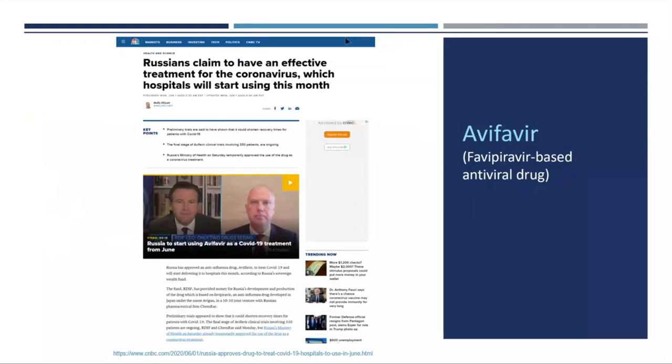And on more recent news, Russia is now about to launch use of Avifavir, which is a Favipiravir-based antiviral drug. This was a news article that came out just this Monday of this week, on June 1, wherein Russia is